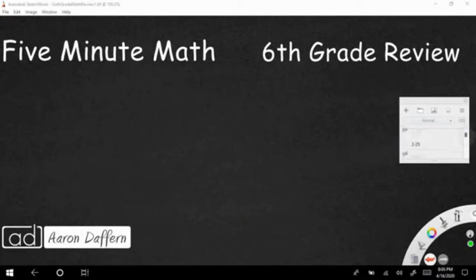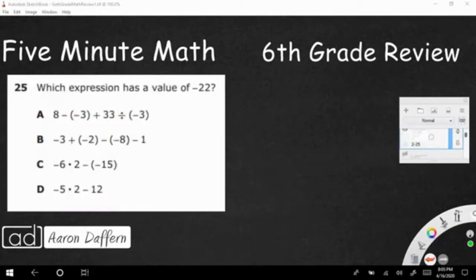It's going to make our eyes water a little bit. We need to come up with a value of -22, and you get all kinds of negatives and dividing and parentheses and all kinds of business. I would highly suggest slowing down on something like this. First, we're going to need to know our "Please excuse my dear Aunt Sally"